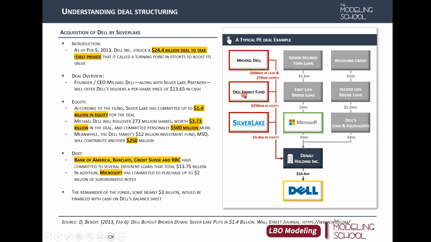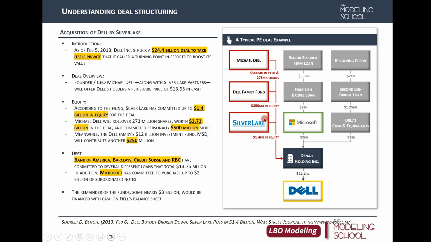Let's see one of the most famous examples of structuring deals. This is a very famous acquisition deal by Silver Lake Partners acquiring Dell. So this was a very huge company. It was a $24 billion deal, quite huge at that time. Since it was just too big, there were a lot of participants in this deal. You can see that there are almost nine participants just in this diagram.